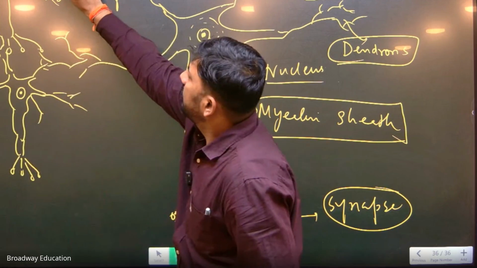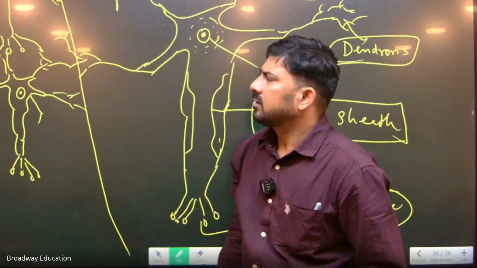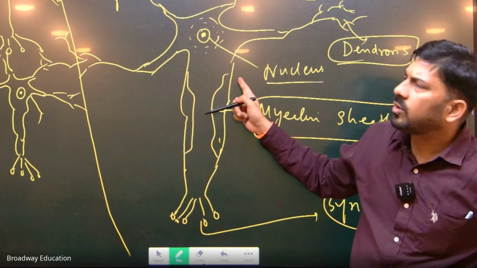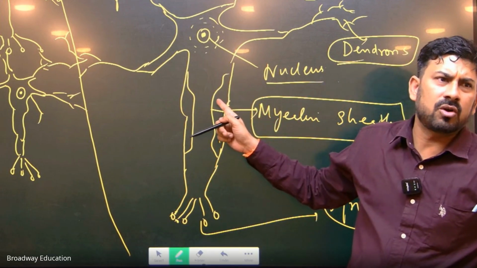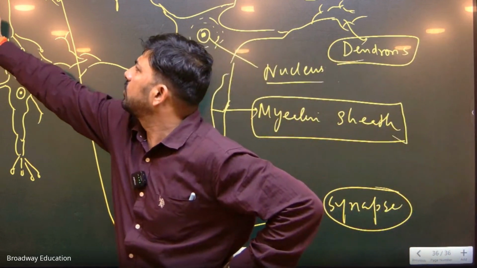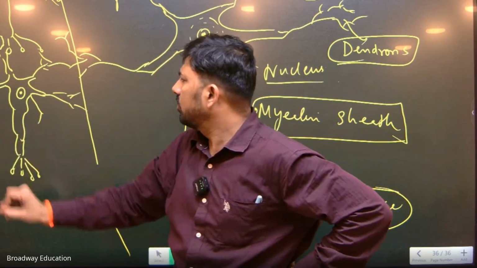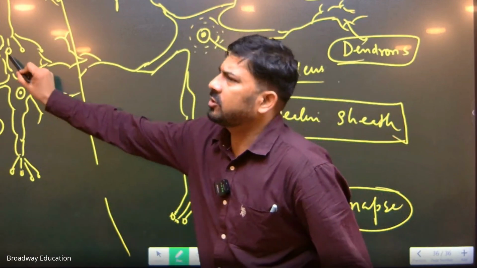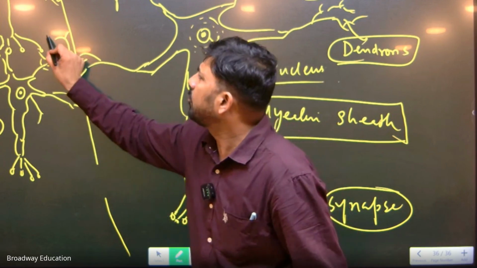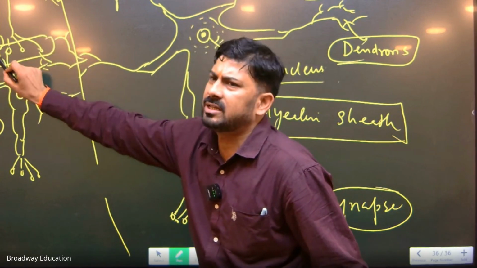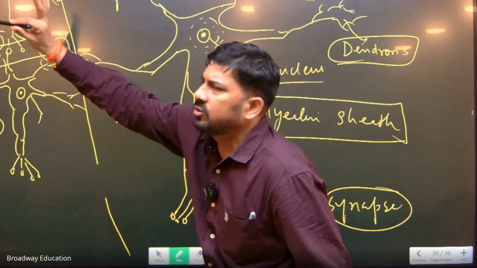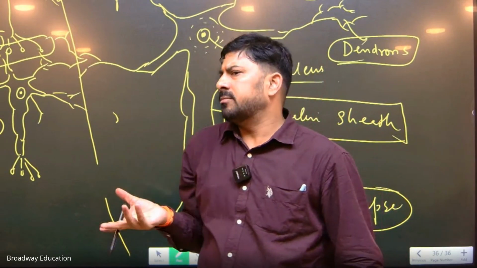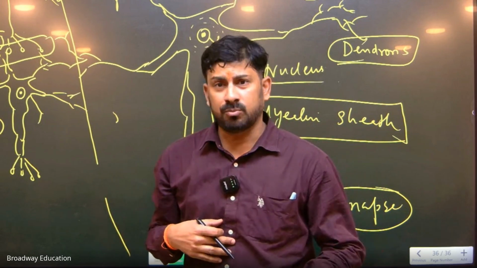Can you see this diagram, everyone? This is one neuron, and here are two neurons. This is number one, this is number two. Now, what is happening is that at a point called the synapse, the information is jumping from one neuron to another neuron. So in the questions they may ask you that the transfer of informations in the nervous system takes place via